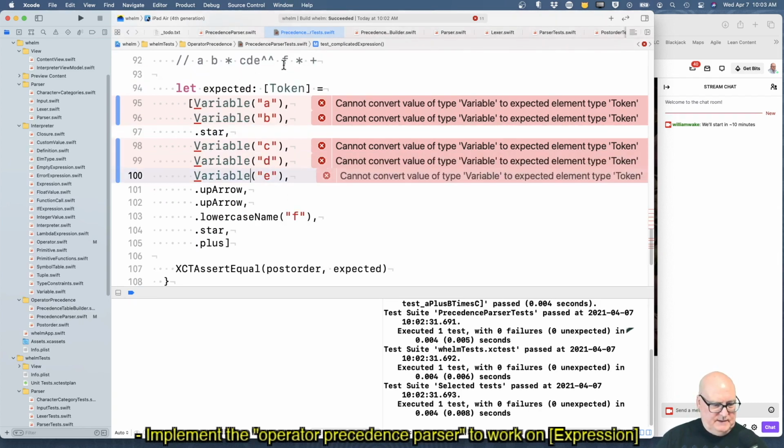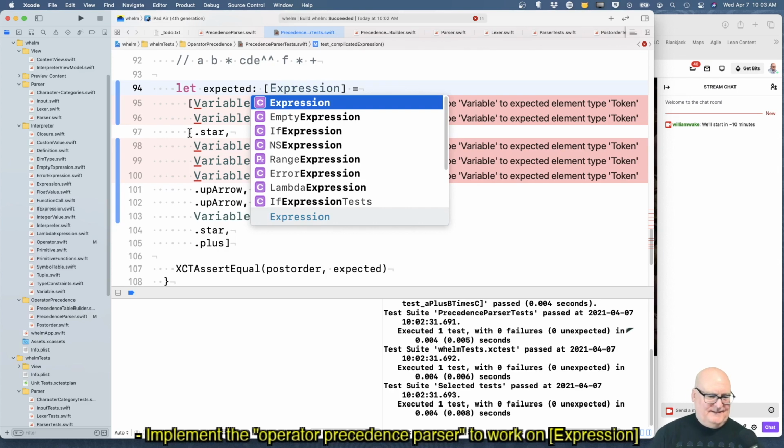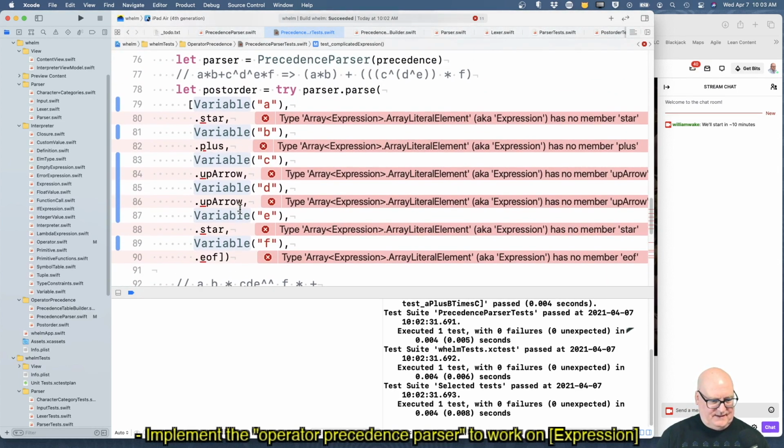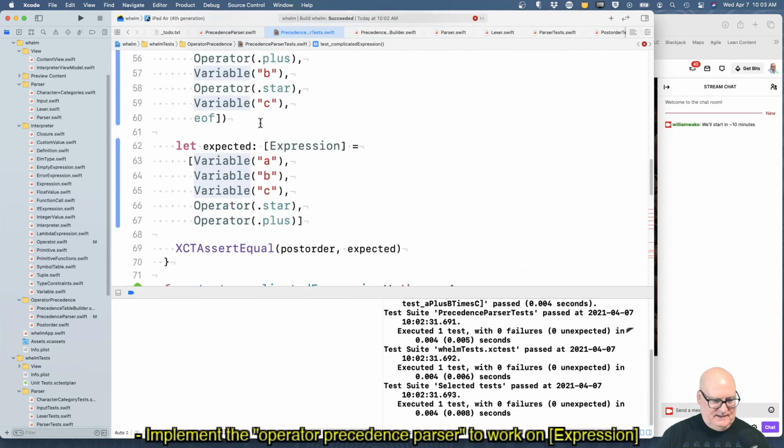A, B, C, D, E, F. Expression, okay, and let's get our operators. Well, we have an operator star.